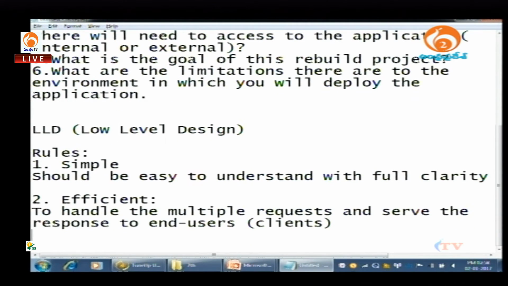It should be efficient means it should handle the multiple requests and serve the response to end users. Next, third one is